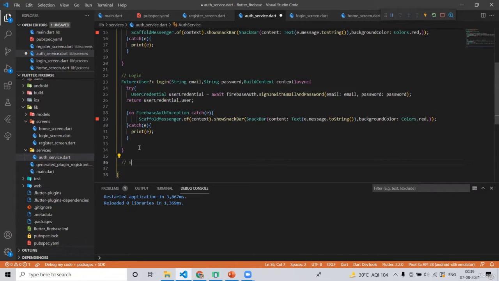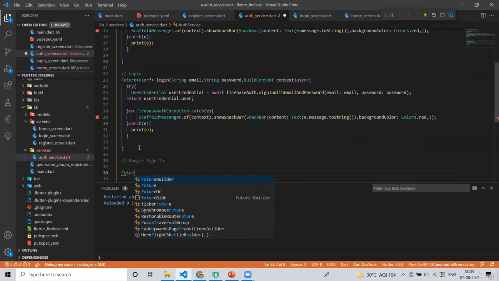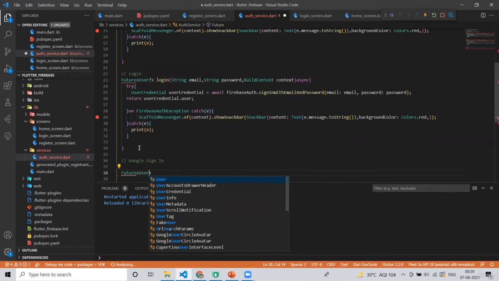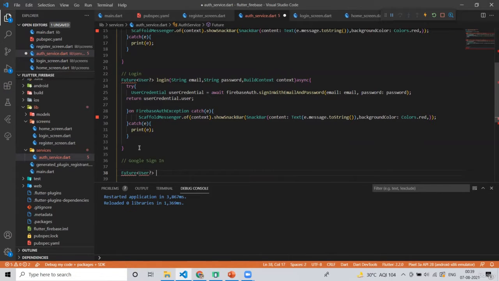Just give it a comment of Google sign in. Okay, now let's write a future which will return a user. I will name it sign in with Google.